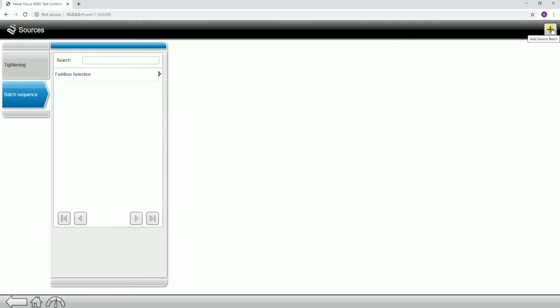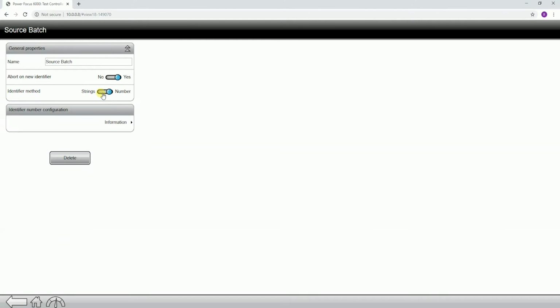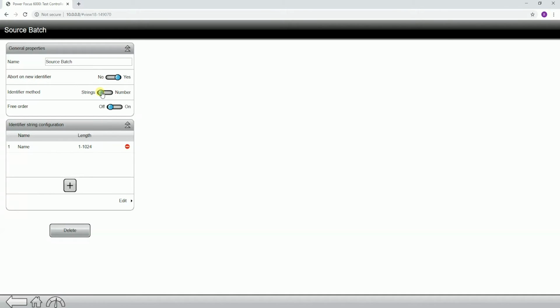So up at the top right corner, I'm going to add a source batch. And then it's going to take me into the settings. So when I go into the settings, we're going to see a couple of different options here. The main option being that we're going to want this to be set up in strings configuration. If I set it up as a number configuration, that would be for other uses. So strings is going to be what we're going to use to set it up to use it with a